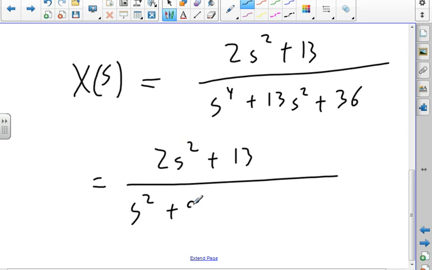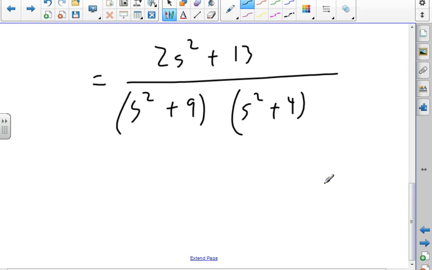s squared plus 9, s squared plus 4. Now, what could be so obvious? This is obviously s squared plus 3 squared, s squared plus 4 squared, so that's good because now we have sines and cosines, right? All right, now I'm going to do a partial fraction, as plus b over s squared plus 9